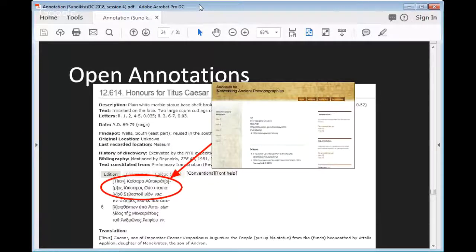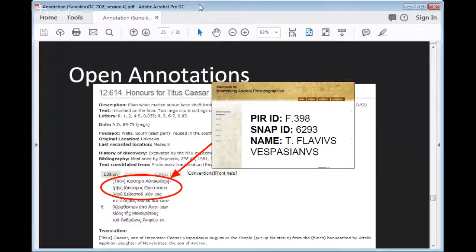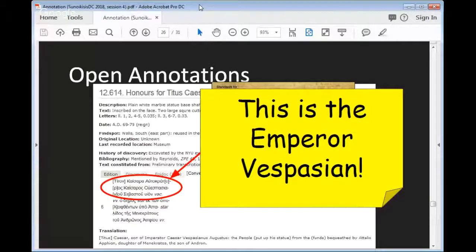And because that's very small, you can't see it. Here's the essential information about this, that there's the PIR identifier, the SNAP identifier, and the name T. Flavius Vespasianus. And so what effectively we're doing is we're taking this page of an epigraphic corpus, and we're attaching to the first line of this inscription a post-it note saying, this is the Emperor Vespasian.